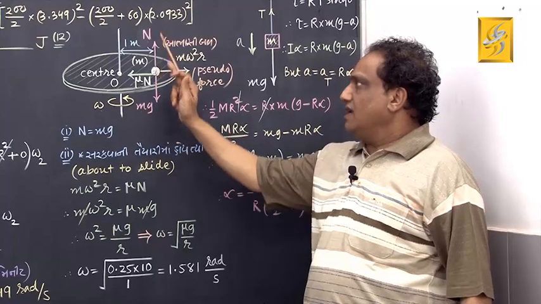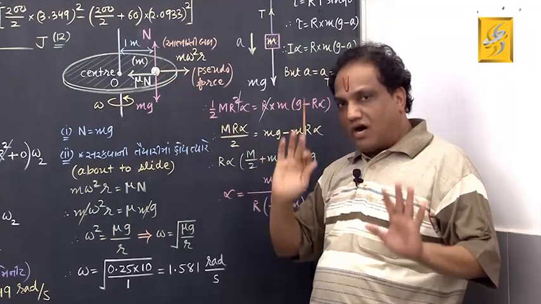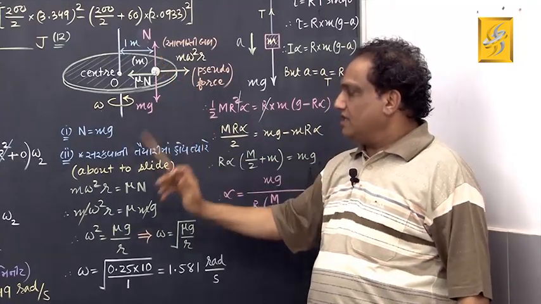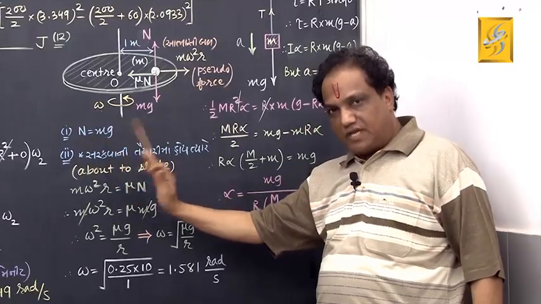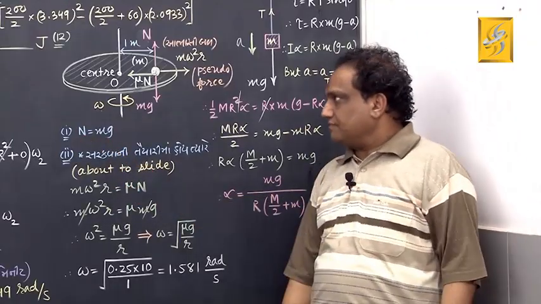So whatever is vertically upward force, same must be vertically downward force. N must be equal to mg. Correct? Now tell me,